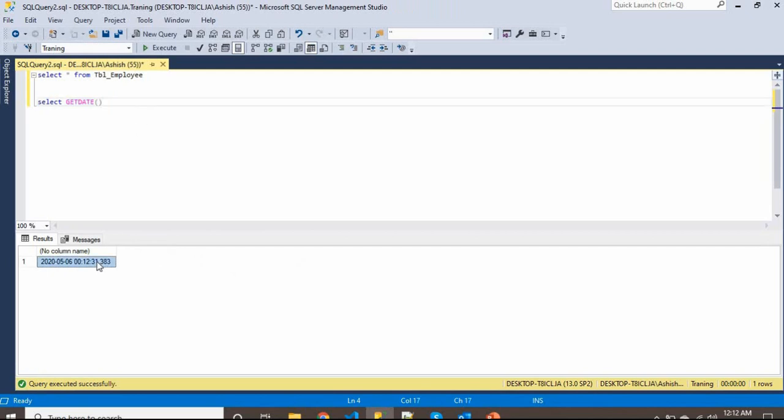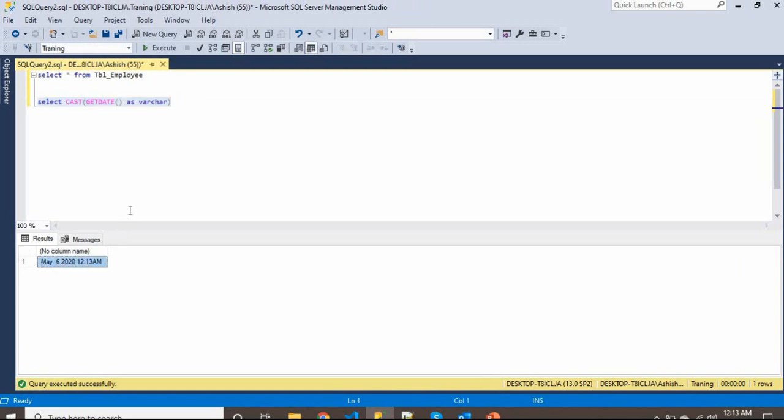See, this value which is coming is a date type value. Suppose you need to display it as a string, so you can use cast.